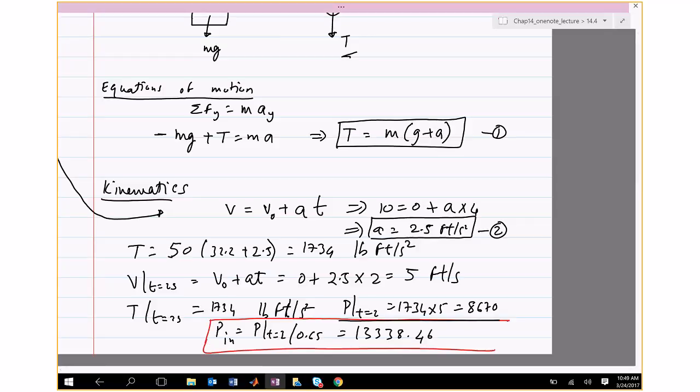The units are lb feet per second squared. Okay, so that's